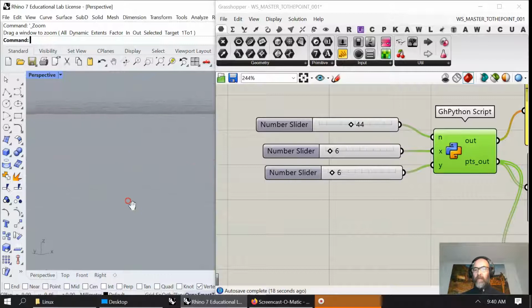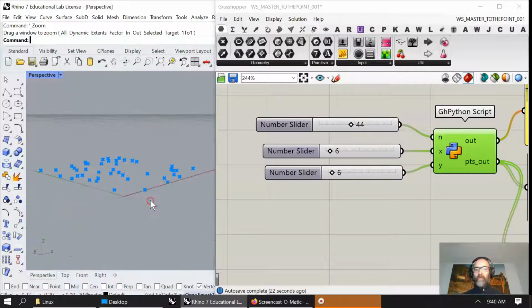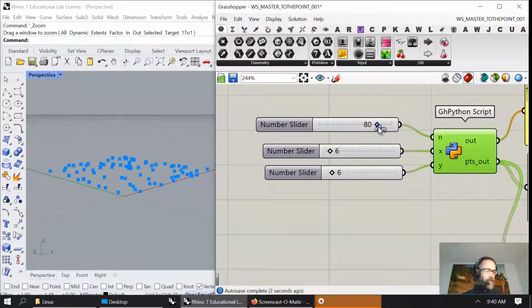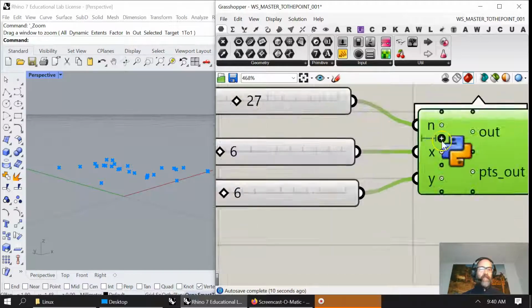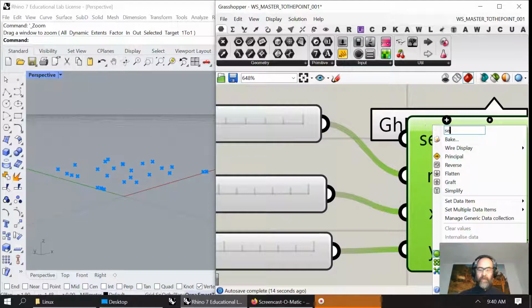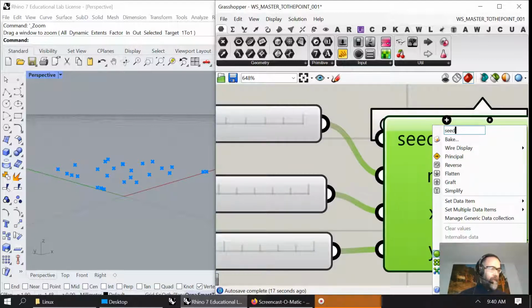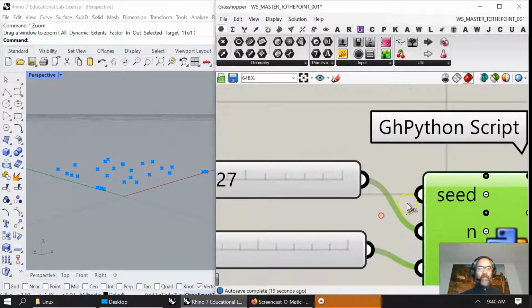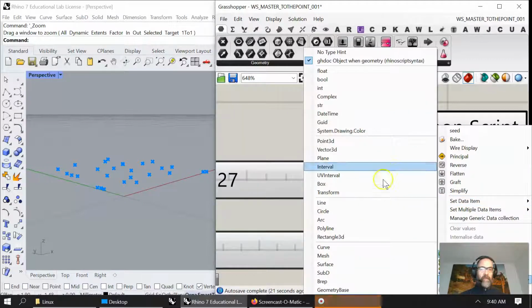We basically made a cluster of points in a 2D array that's random. And as we run that through n, we're going to end up having all these different seeded, basically the number of points. We get all the way down to 3. And I guess it would be nice to add a seed on here. Let's just add one up here and call this seed. Why not? Seed. And take that seed over to an integer value